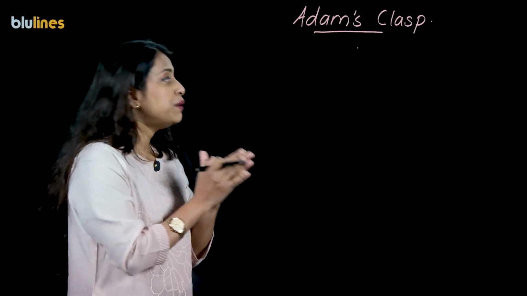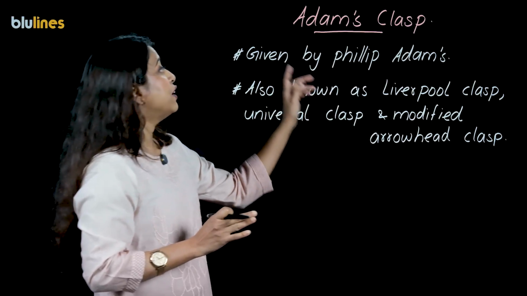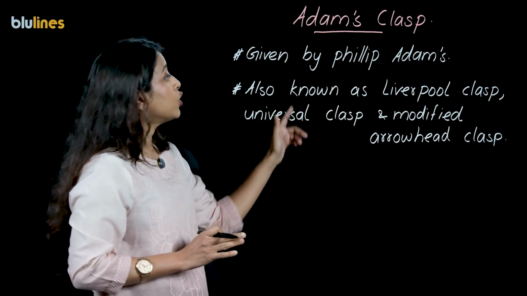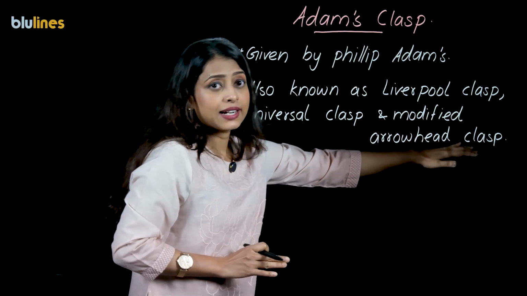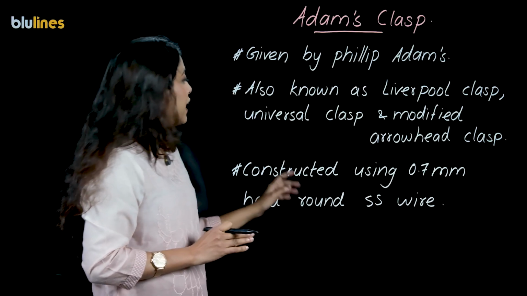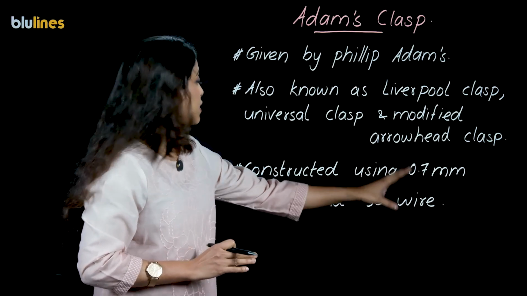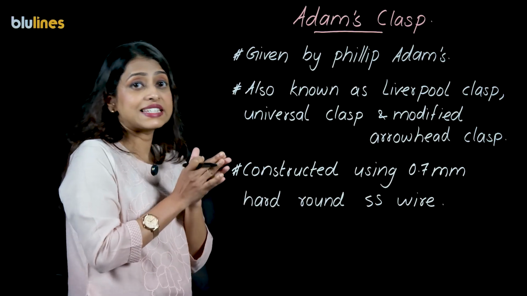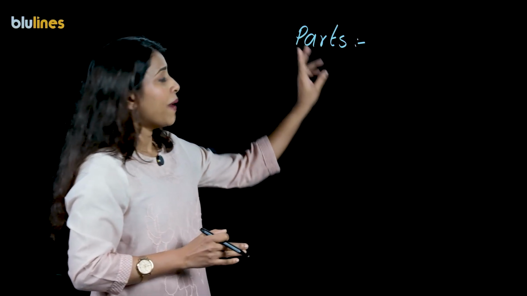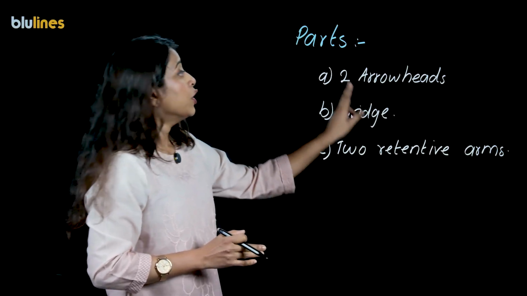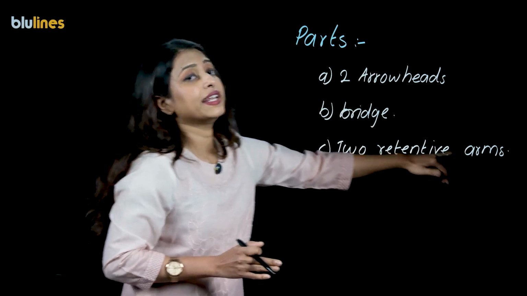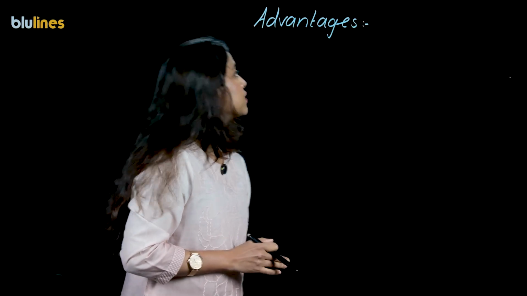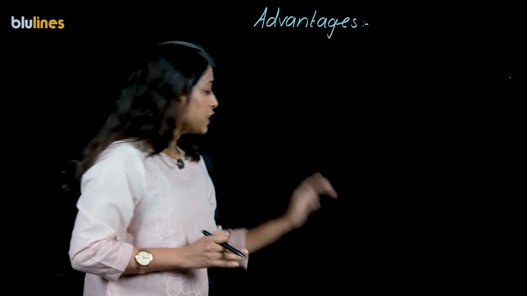Adams clasp, an important clasp in orthodontics. It was given by Philip Adams, also known as Liverpool clasp, universal clasp or modified arrowhead clasp. It is constructed using 0.7 mm hard round stainless steel wire. Parts of the clasp include two arrowheads which are connected by a bridge, and the arrowhead ends as two retentive arms. The advantages of Adams clasp include: